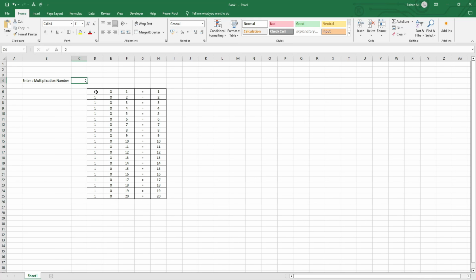Once you link, since we have already formulated it, the table will automatically get auto calculated. So is equal to